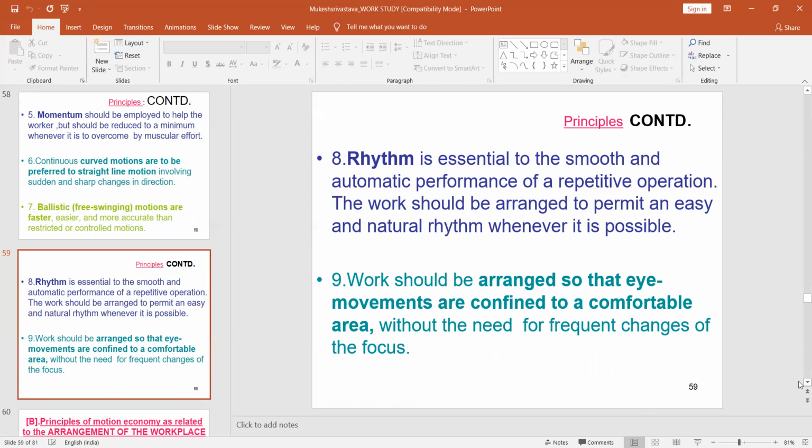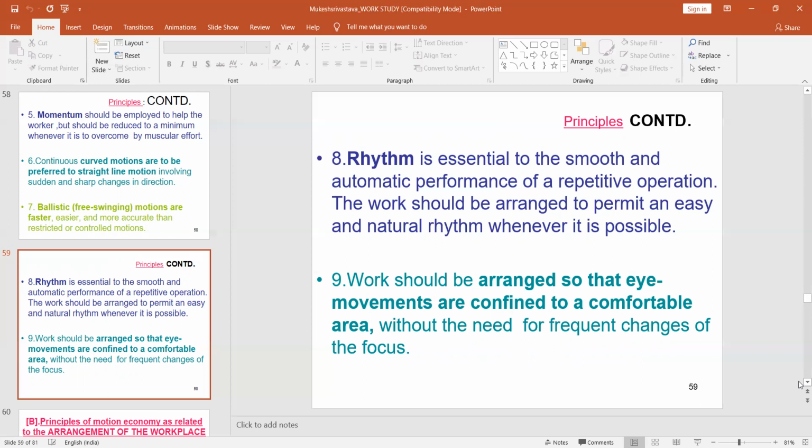Means if we are using some repetitive operation or task, we need to make a rhythm of that particular activity. This rhythm is basically used for making smooth and automatic performance, and it also reduces the effort and gives easy and natural motion of the body. Work should be arranged so that eye movements are confined to a comfortable area without the need for frequent changes